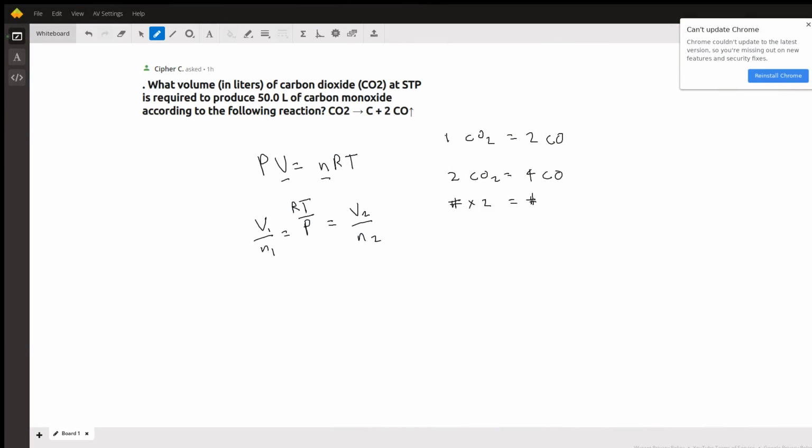Hey Cypher, so I've got your question right here where you're asking about the volume of carbon dioxide that you're going to need to produce this other volume of carbon monoxide. The first thing we should do is recognize that this right here is the 50 liters. That's the number they've given us. And they're asking us for this one right here. They're saying, how many liters of this would you need to react to produce that many liters of